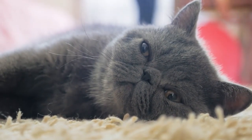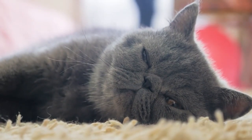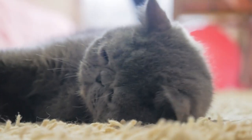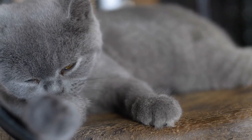UTIs can cause your pet to assume rather odd postures in an effort to urinate. This can even cause your cat to use the restroom outside of the litter box itself. And the final factor that we'll cover today, as it relates to lack of covering in a more sudden fashion,